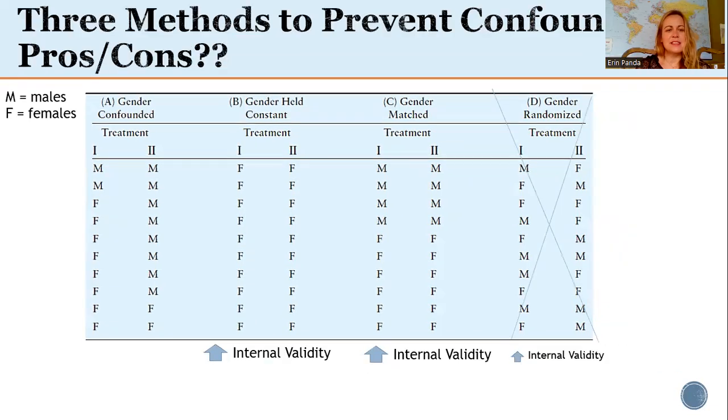So if we come back to the situation of gender, which we have previous research to suggest that it's going to impact our dependent variable, we probably don't want to leave it just to chance to ensure our groups are equivalent in this. So we probably wouldn't want to use the randomization process. If we compare holding constant and matching, both of these methods will increase the internal validity of our study because we avoid gender being a confound, but holding gender constant comes at a cost to our external validity, where if